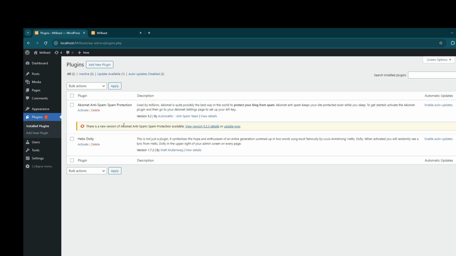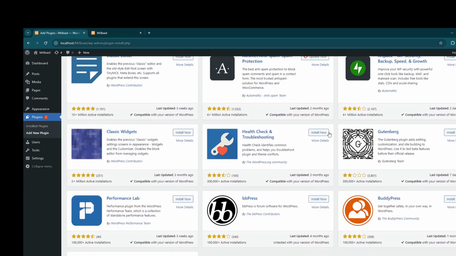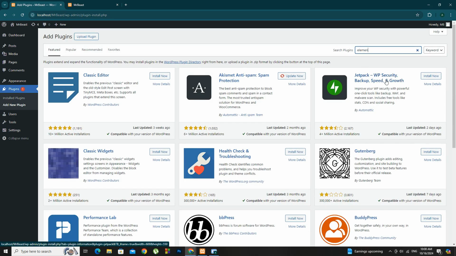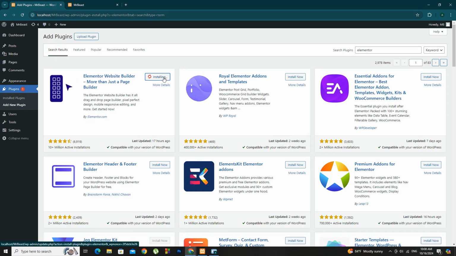Head over to the Plugins tab, and here you'll see a list of the plugins currently available on our site. But we need something special, something powerful, which is Elementor. Click on Add New Plugin, and now we're entering plugin territory. There are thousands of options here, but we're looking for one in particular. In the search bar, type Elementor, and there it is, the plugin we need to give our site that MrBeast level design power. Let's download it, click Install, and in just a few seconds, we'll have all the tools we